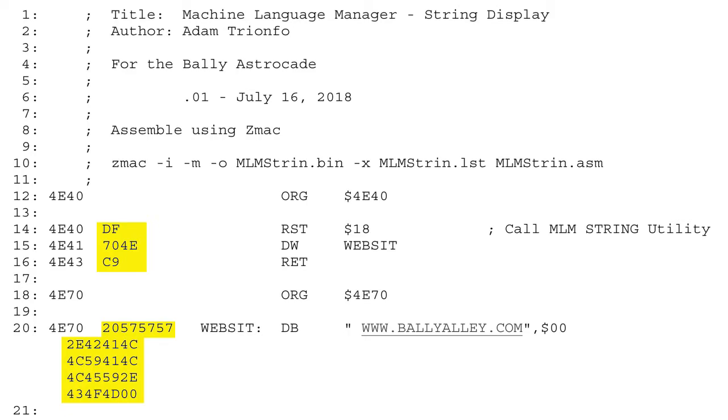So next to 4E40, you see DF, which is a restart 18. So you type that in. And you would continue down the line until you type in the 4 bytes. Then you have to tell it where you want the string to be saved. So you'll tell it you're going to start writing to 4E70, and you'll type in the ASCII codes for